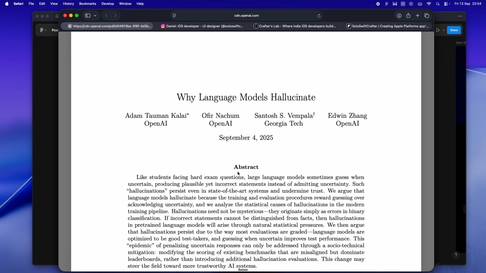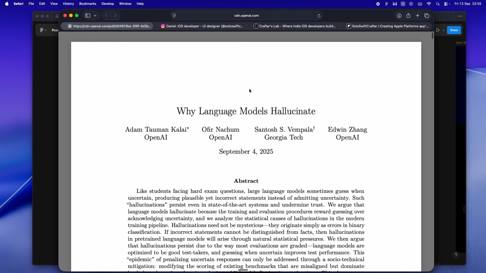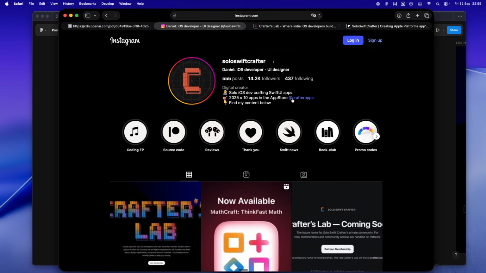So the OpenAI paper, Why Language Models Hallucinate, has been out for about a week now. And honestly, I've seen a ton of takes and breakdowns flying around. I ended up reading it, scrolled through way too many threads, and boiled it all down to three big things that actually matter for indie devs. So yeah, here are my three takeaways, what they actually mean, and how it all plays out if you're solo and depending on AI agents in your workflow.